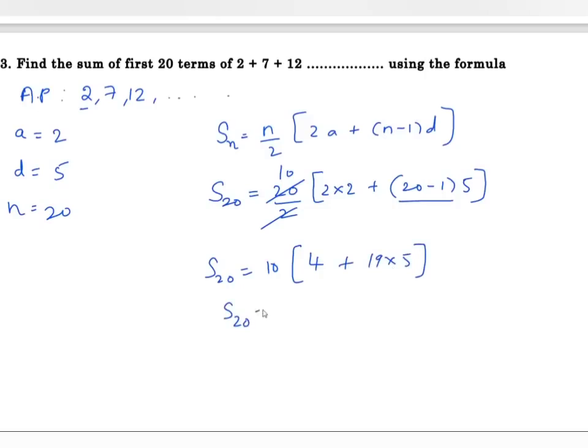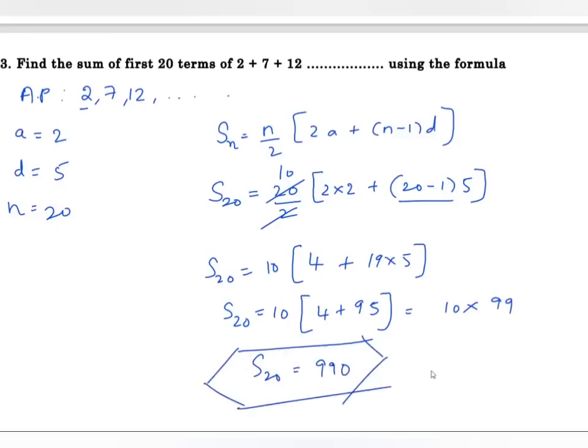Now S20 equals 10 times 4 plus 19 into 5. 19 into 5 is 95. Now we get 10 into 4 plus 95 is 99. 10 into 99 is 990. Therefore, the sum of 20 terms of the given AP is 990. So, a very important 2-mark question, finding the sum of n terms of a given AP,